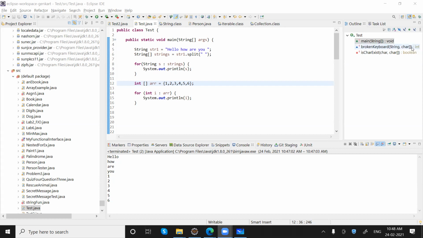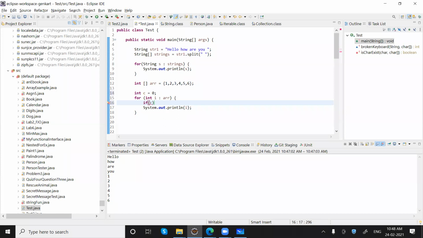So here from the start onwards, it will surely go through up to the end, right? Yes, if you want to skip something, let's say you want to skip the first five numbers so they are not printed, you can make a counter here like this, int c is equal to 0, and you can check here if c is greater than, sorry, less than, let's say 4, or let me take the greater than case.